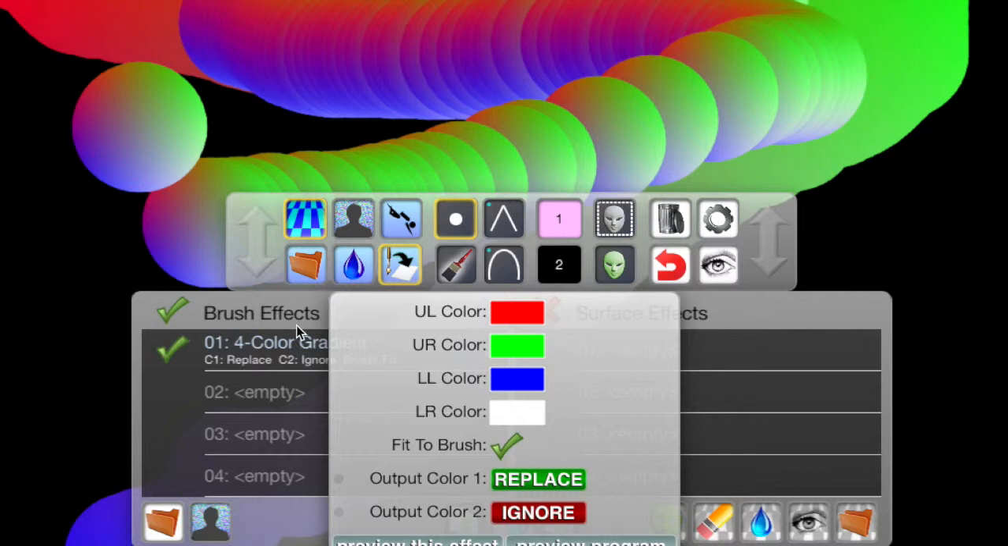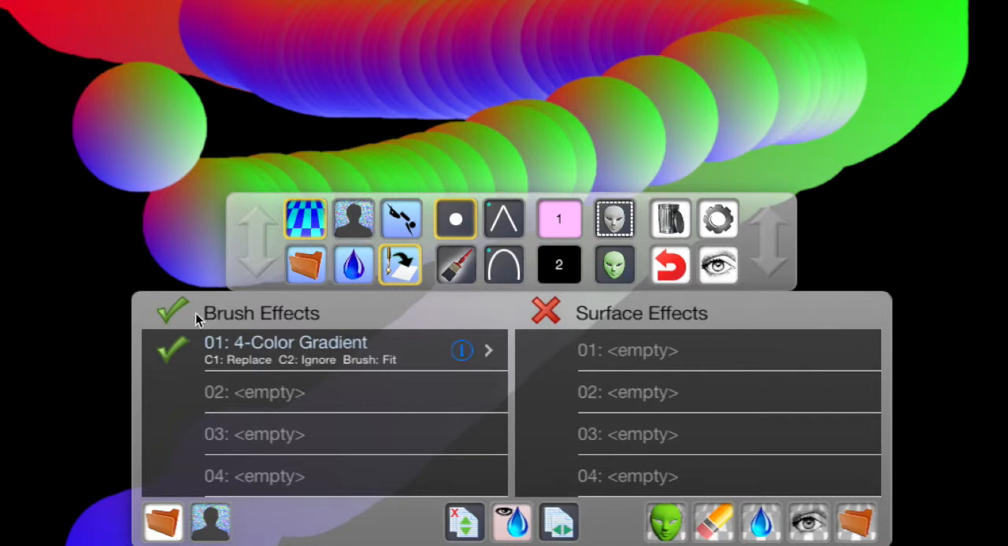If we have multiple effects in our list, we can preview the program. This will preview all of the effects that are turned on together, to see what that would look like. But right now we only have one effect, so previewing the program will be identical. You'll notice at the top of both sides there is a green check mark, and on surface effects there is